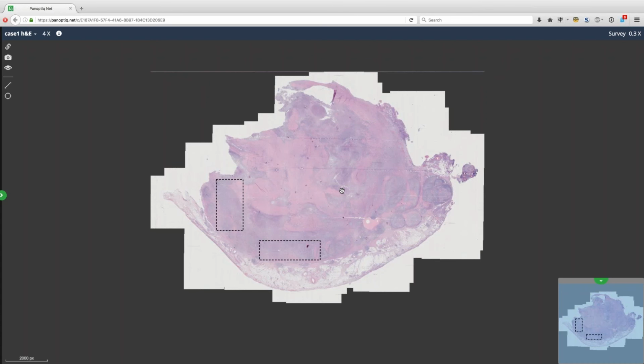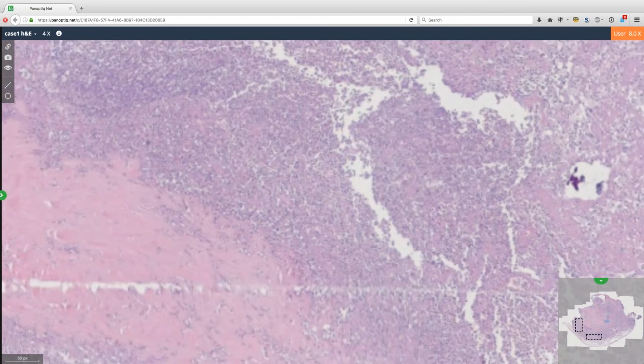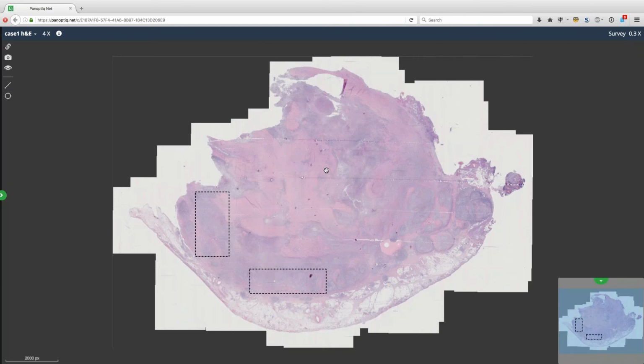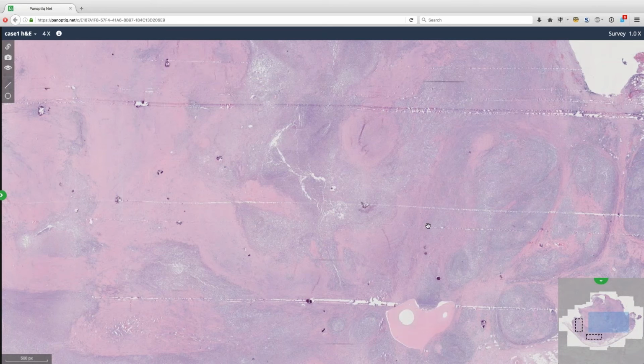Let me see if I have control over the images now. Yeah, there we go. So what this lesion is, obviously you can see there are some areas of blue and areas of pink. This has a lot of fibrosis and a lot of lymphoid tissue. Here's some fat, and I'm sorry, there's a little bit of a lag between when I go between levels and what happens on the screen, so please bear with me, but this process is fairly seamless during tumor board presentations